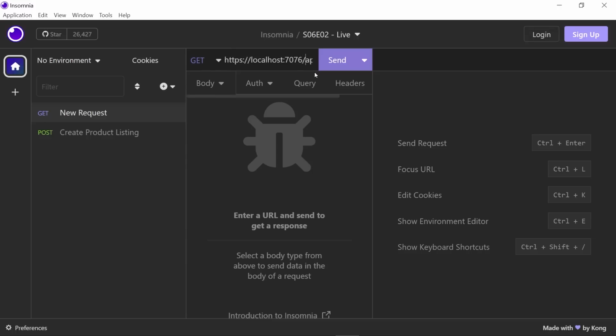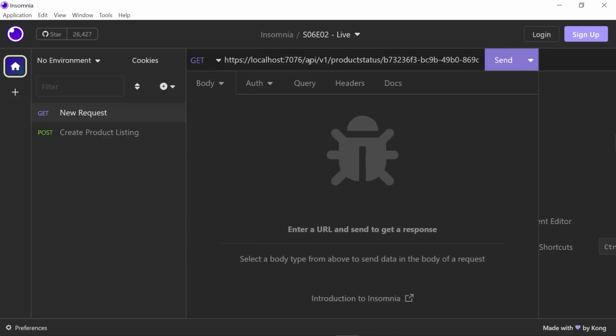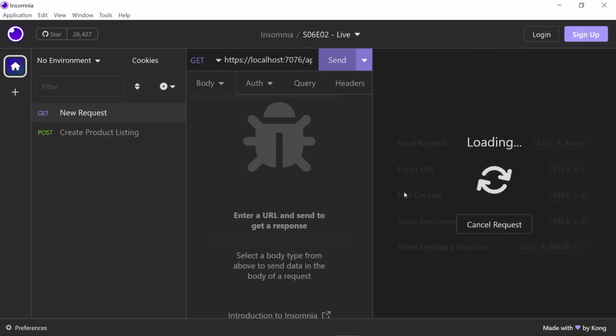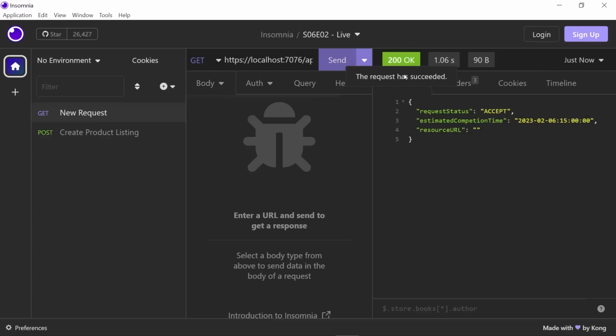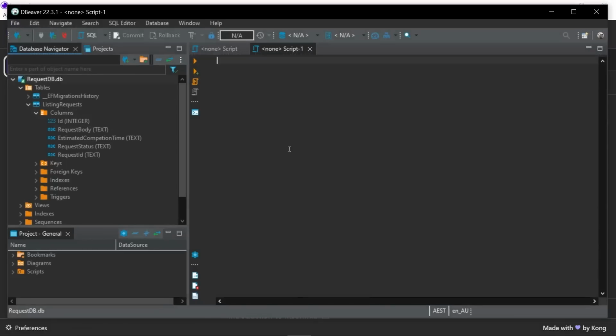And just make sure that route is correct. Okay, so it's a bit difficult to see on the screen, I apologise. So localhost is the same base route. We're going to product status, I'm going to check the status of our request. What do we get? We get a 200 OK, which is good. The request status is still accepted, and oh, we've got an updated estimated complete time, but we have no resource URL. Okay, so what I'm going to do is I'm going to come into dbeaver, I'm going to flip the